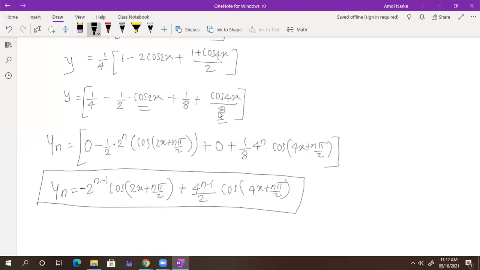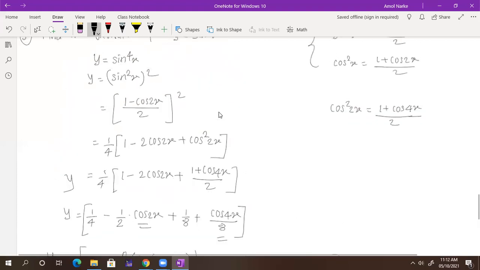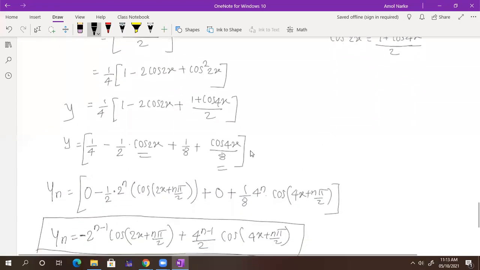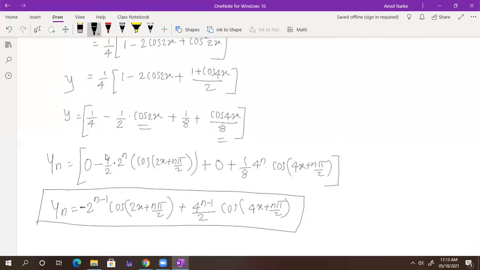See here, doing your previous calculation that you have done in 11 and 12, up to this we are doing the same thing. You know what is cos square x, what is the expansion of (a plus b) bracket square, what is sine square x. Up to this we are doing the same thing, and we are just applying the nth derivative terms in only one step. We will get the answer. So here the main problem is what? To convert a given function into a standard form. That is the main problem. And once you do that, then it's very easy. Within 1 or 2 steps, you will get your answer in the derivative.